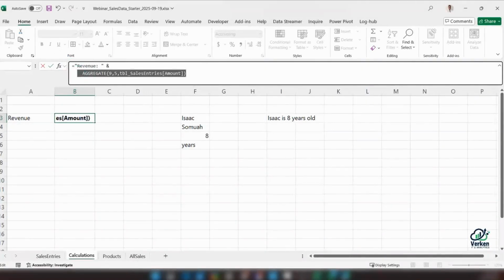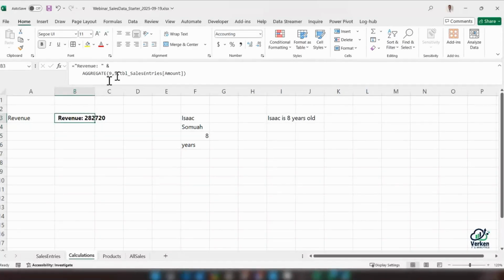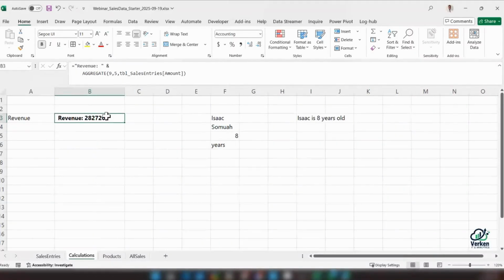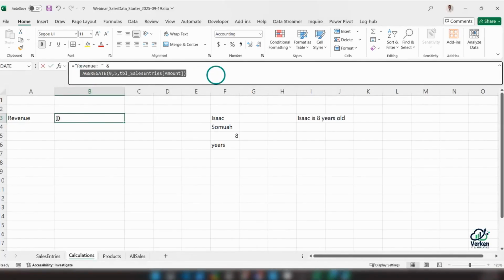Now, the problem with this is, let's see, I need to have the comma show, because like I have 282, there's no comma before the 720. I had this when it was just a number. So how do I fix this whole thing? I can wrap this function within the text function, because this is the part that gives me the